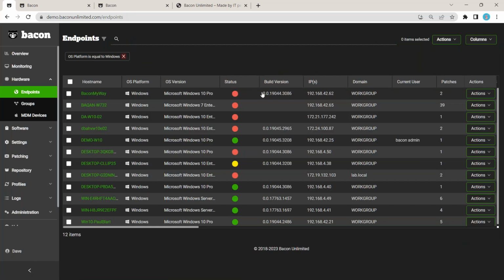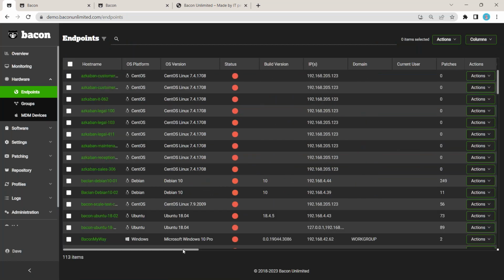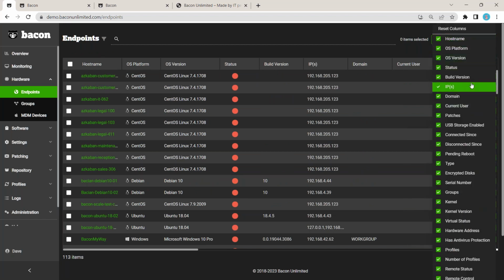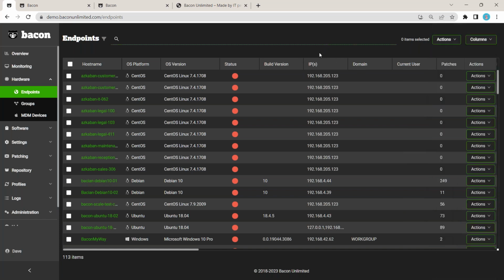So here we see our endpoints table, and this is going to give you a lot of different data points. If I look at the columns available, we can see things like IP address, where if you've got multiple IP addresses like this one, it'll put a comma in there. We can see things like serial number, which can be very helpful, OS version, stuff like that. And with this table, we're able to search through all of these different data points by using this quick search here. So if I type in bacon_admin,